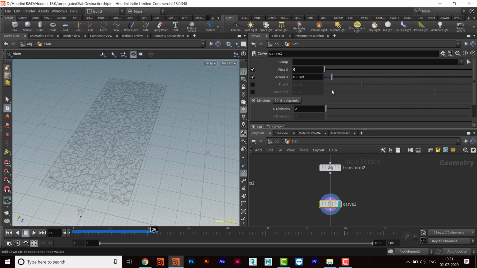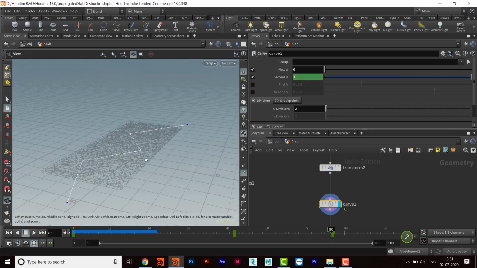I'll come here and make it 0, and then press alt and click here with the left mouse button at frame 1, and then go to frame 50 and press maybe 0.5, and then press alt and click with the left mouse button, and then go to 80 and take it to 1, and then alt and click with the left mouse button.